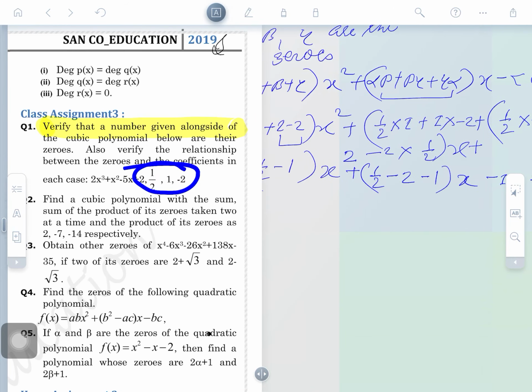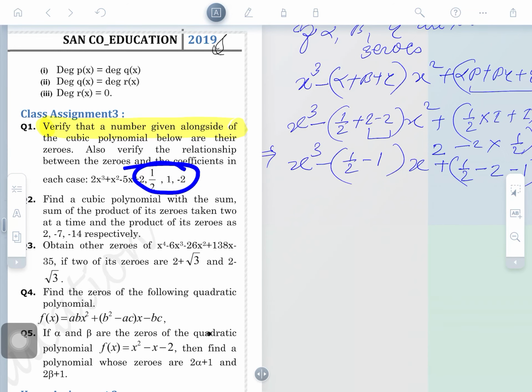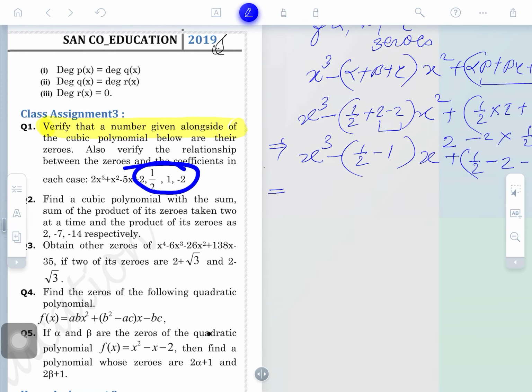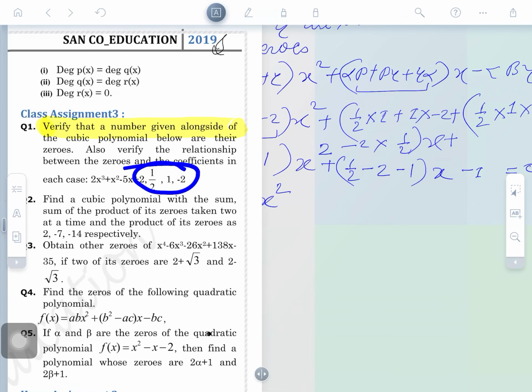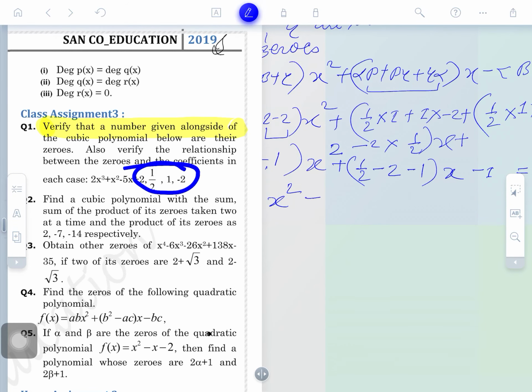This expression can be solved further. What will it be, please tell me. The expression would be written as x cube minus minus 1 by 2, okay, and x square, minus minus becomes plus, because the outside minus makes a negative here, clear. Next, half, and minus 3, and minus 5 by 2 will come here, clear, and x is also there, and minus 1 is equal to 0.